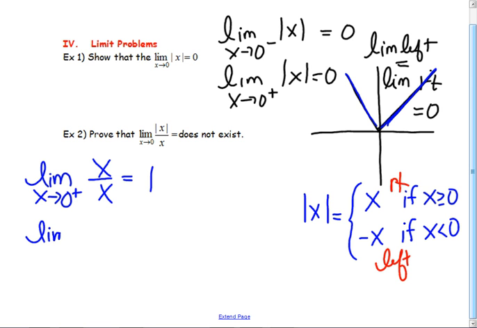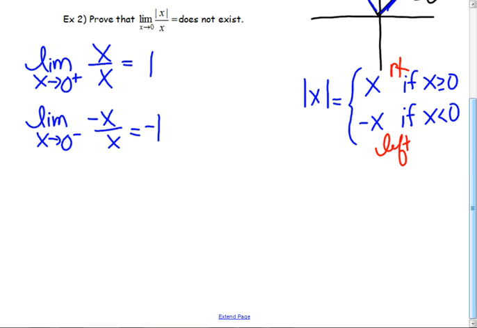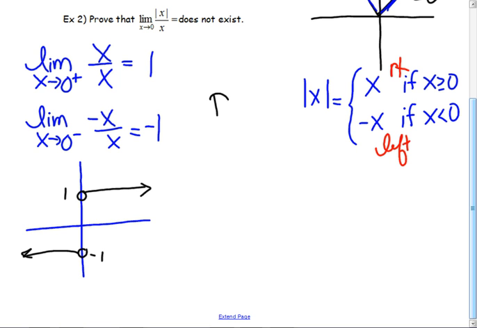What about the limit as x approaches 0 from the left? Whoops, not x. It's going to be the negative of x. So what's that going to reduce to? Negative 1. So what this graph looks like, if you put it on your calculator if you like, it looks like this. It's at 1, and it's at negative 1. So what's true about the limit at 0? It does not exist because, and you had to write this last year,